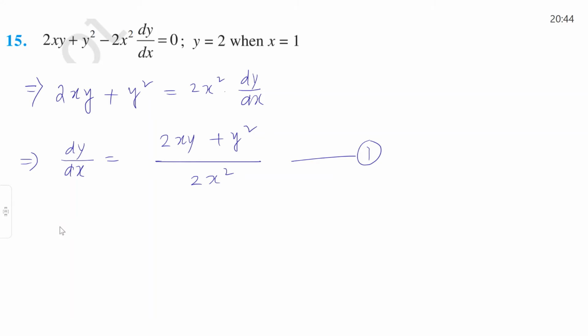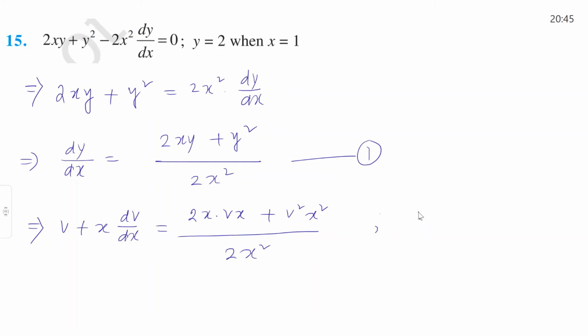And then dy/dx is equal to v plus x into dv/dx. This is equal to twice of x, here vx will come, plus y square means v square will come, divided by twice x square. I am substituting y is equal to vx, therefore dy/dx is equal to v plus x into dv/dx. Okay, so this implies